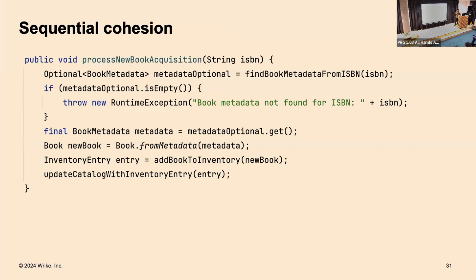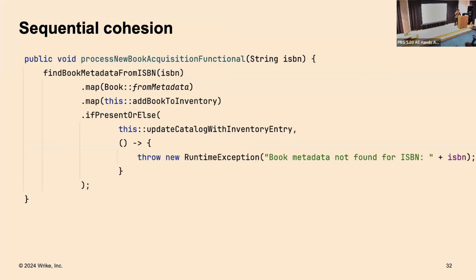A very strong cohesion level is sequential cohesion. It's when each statement of a method takes its output and gives it to the next statement as an input, and they all create a sequence. You may see this sequential cohesion in functional programming, where they create a good pipeline together. But there is one downside of this level of cohesion. It may contribute to several problems, or to just a part of a problem, or maybe parts of several problems.